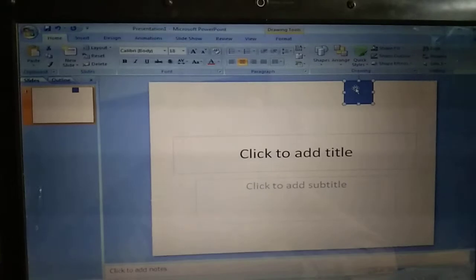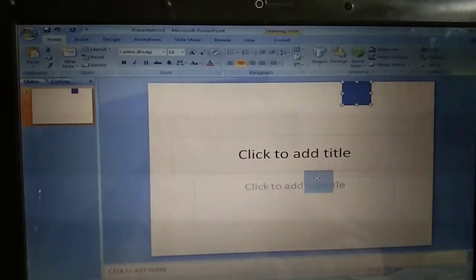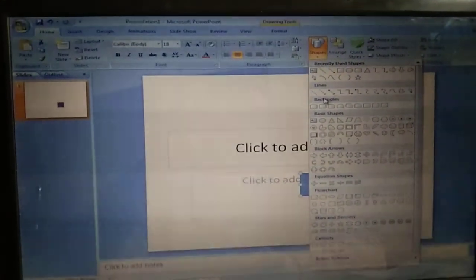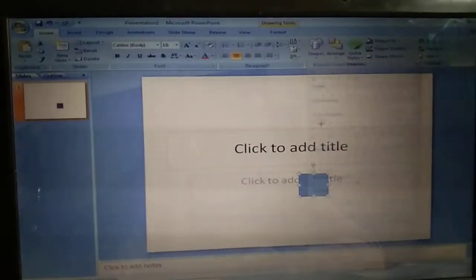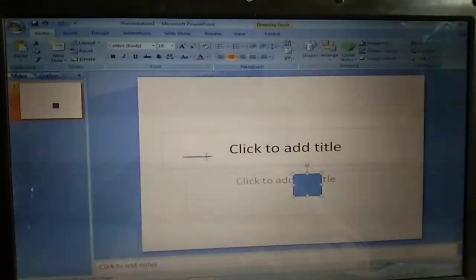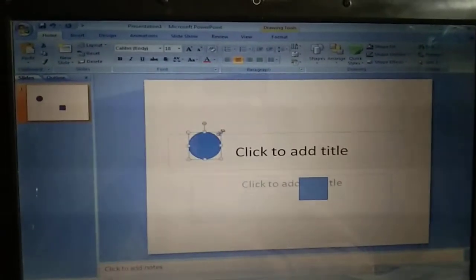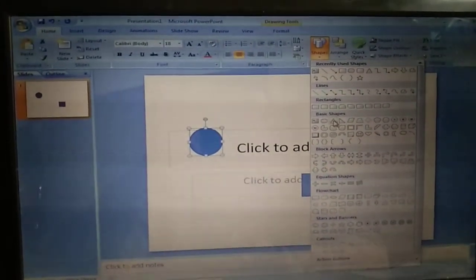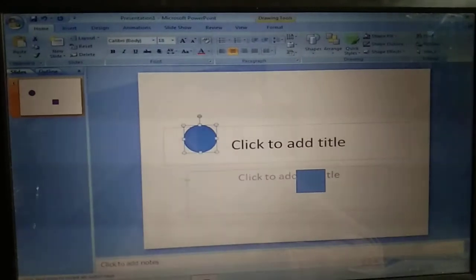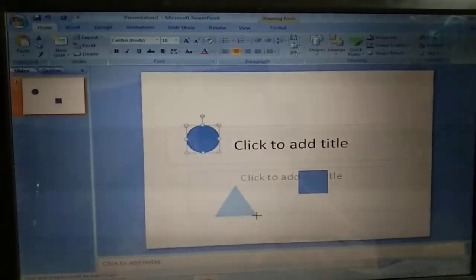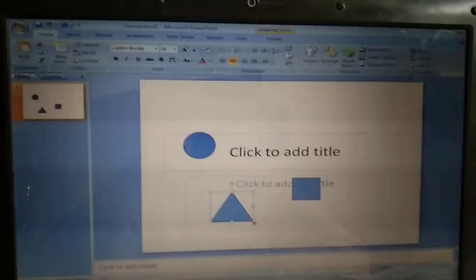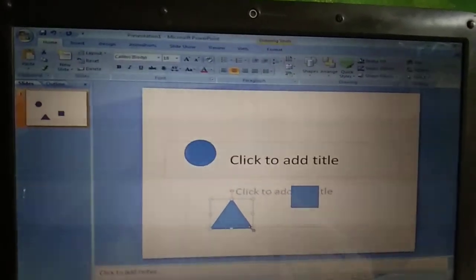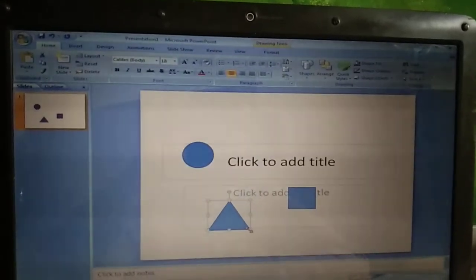Then you see, this shape appears. Now I want to choose more shapes, like the shape of a circle. So now this is the circle. Now for the third one, I want to choose another shape like a rectangle or a triangle. So here is the shape of a triangle. So these are the different types of shapes. But our topic is the grouping of objects, meaning we have to make a single group of all these pictures.